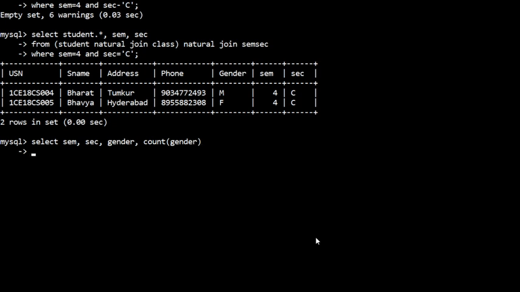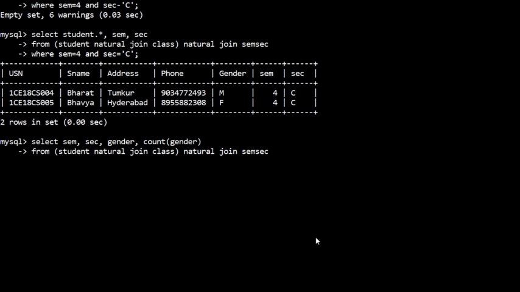And from which table? Again I'll take the natural join, because I can get the gender details from the student table, but the semester and section details from the SEM section table. So using class we have to join these two: natural join SEM section.